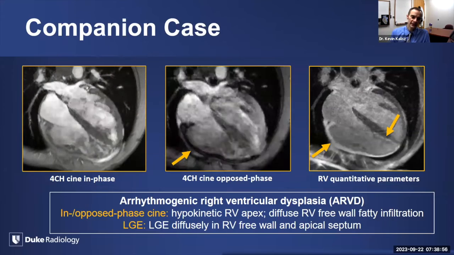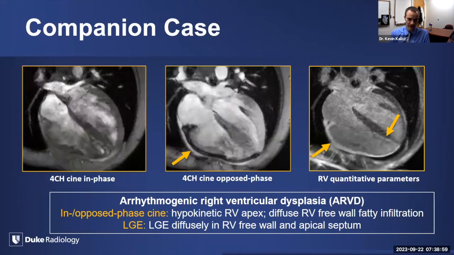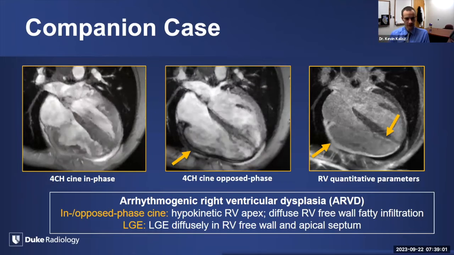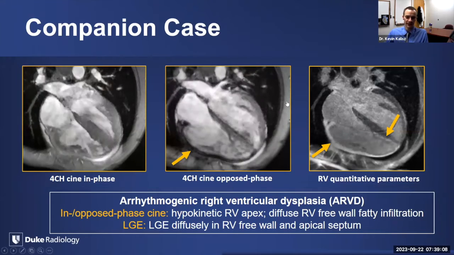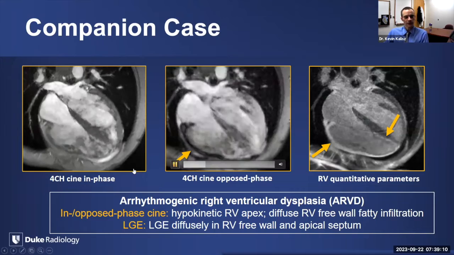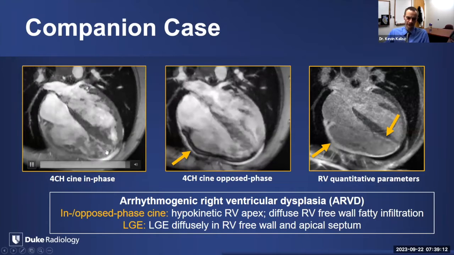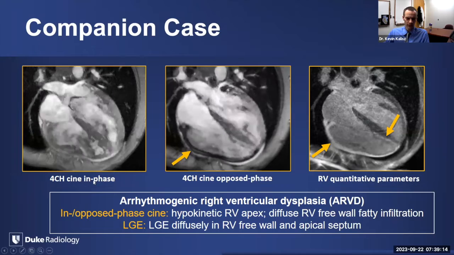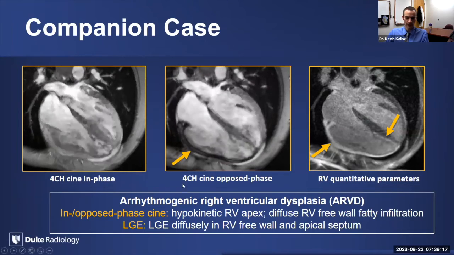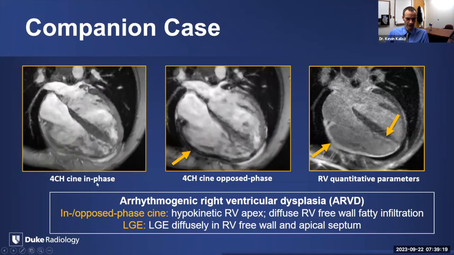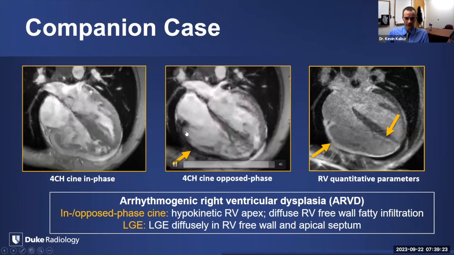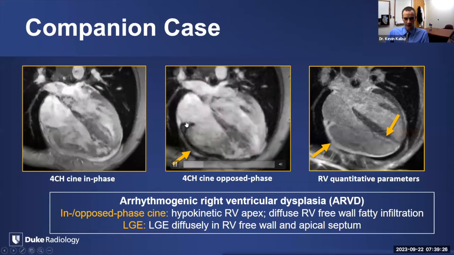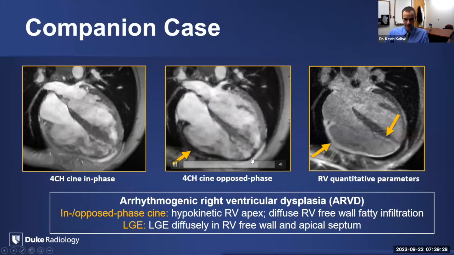Kind of a companion case, this is a little bit more of a severe case. We typically don't see our ARVD progress this severely much anymore, since it gets tested and screened for much sooner than it used to be. But this is an advanced, arguably end stage case. So I mentioned before the concept of fat selective imaging. I didn't go over this in the beginning, but as you potentially would in abdominal imaging, you can do in and opposed phase to select for fat. So really the finding here is on the opposed phase imaging, the RV free wall has pretty diffuse India ink artifacts, suggesting